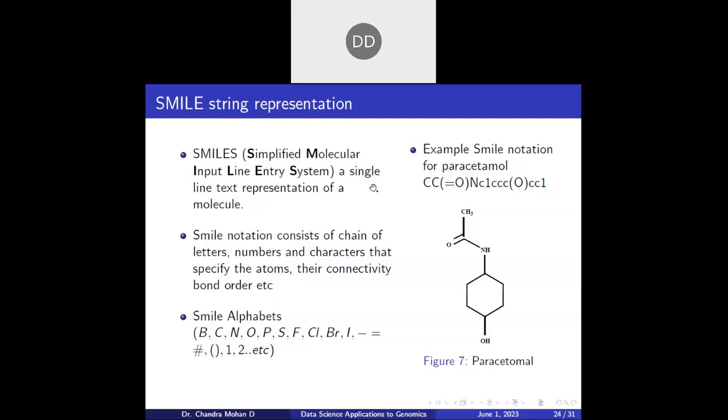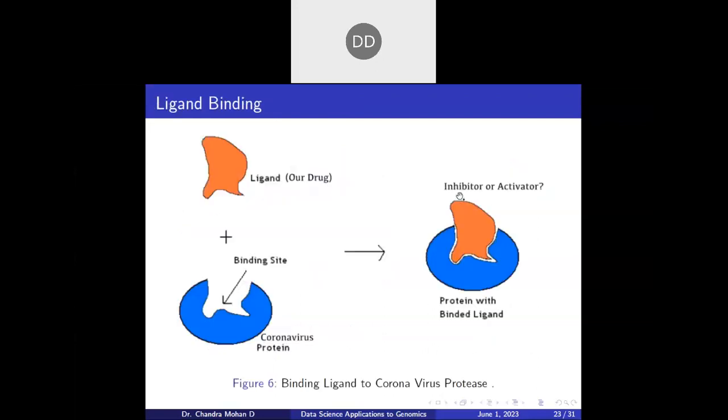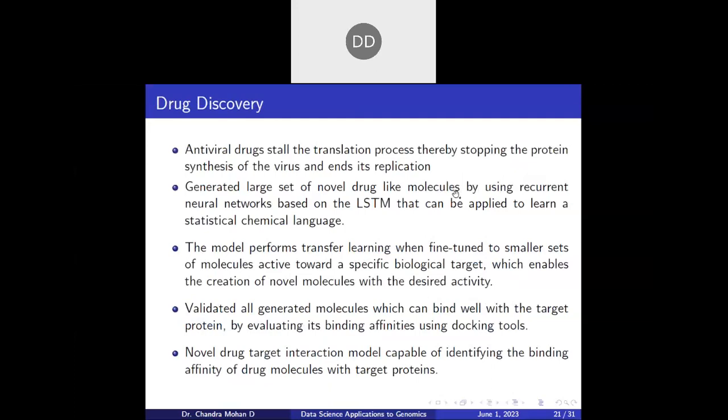How can we identify such drugs? We already have many chemical databases, like ChEMBL, and so on. Lots of chemicals are available. Now, out of those many chemicals, we need to identify which chemical works like a drug for a particular disease. For that, there are two techniques. One technique is